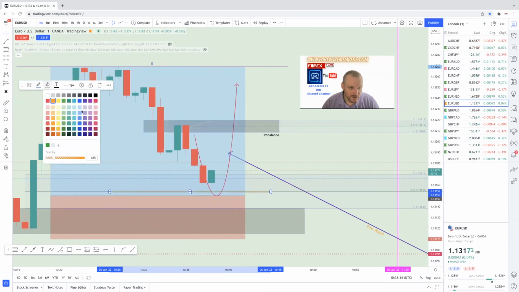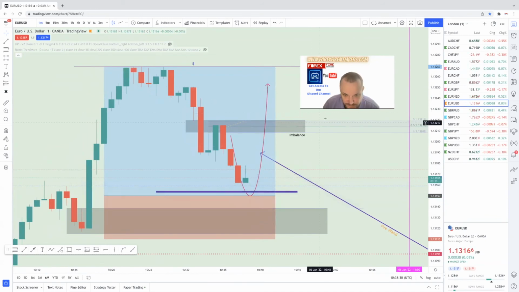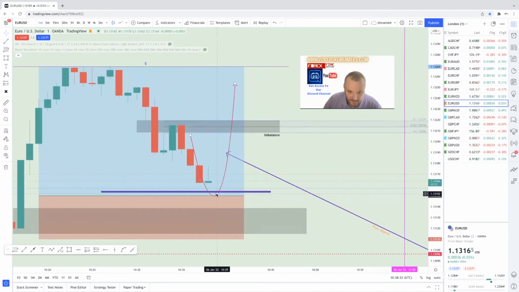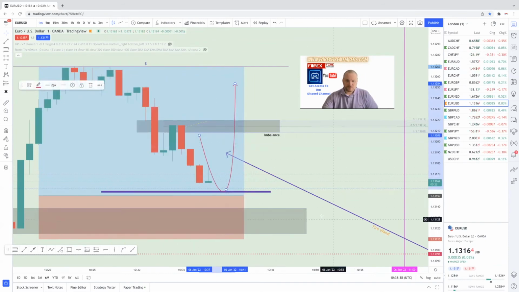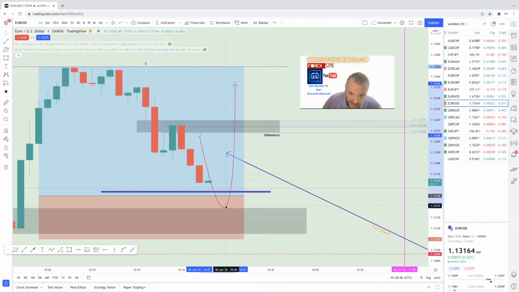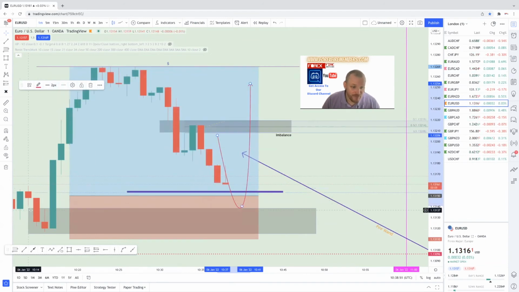Just need to make that purple. Plus we get a bounce from that area as well, to be fair. Get rid of this. Is it going to reject from the purple, or will it come into my area there, or will it even go down to the order block? Ultimately, that's on the bias. That's where we would sort of expect if the range